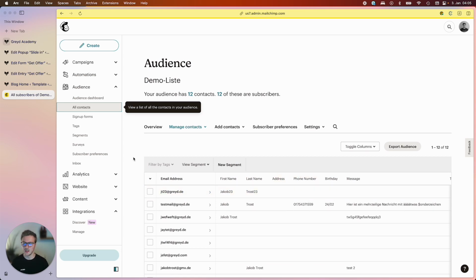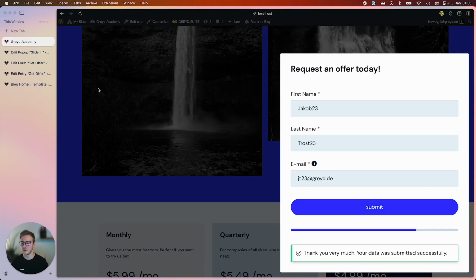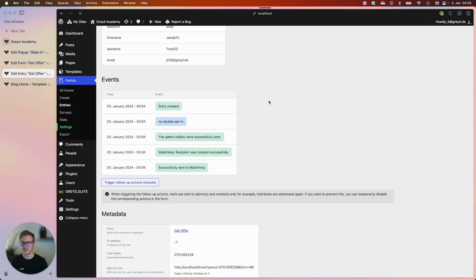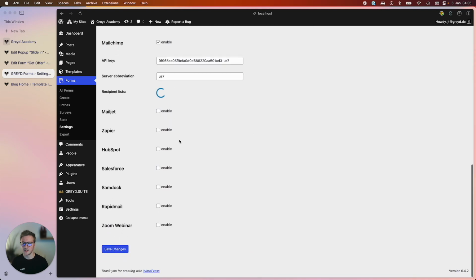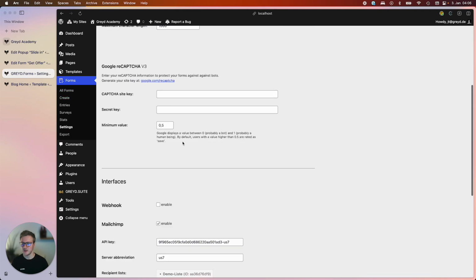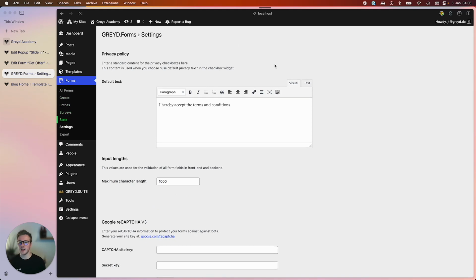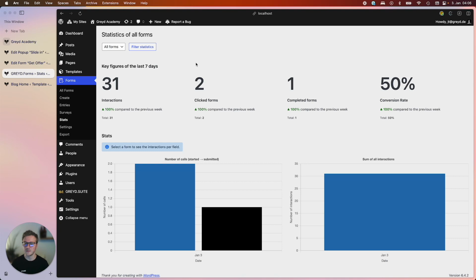Everything works in here. But you don't necessarily have to send it to an interface, but you just can. We have lots of interfaces already included from the get-go. If you go to settings, you can find the basic interfaces that are included and activate them and set up your API data. And I quickly want to highlight some more features that are included by default, for example,